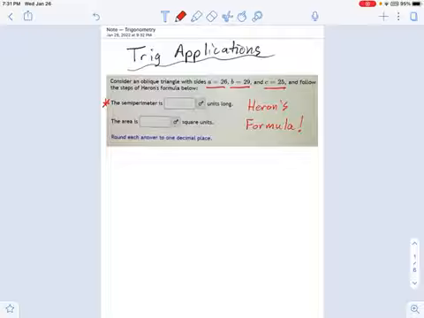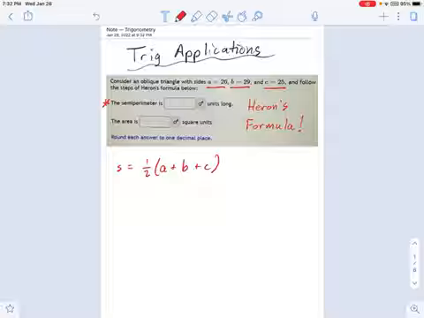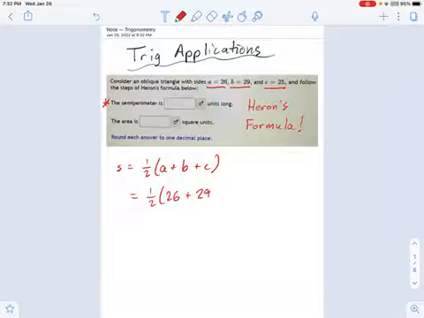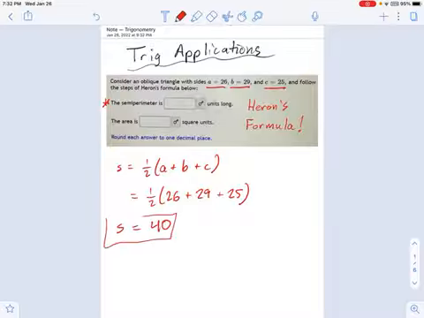And I'm going to give you a formula for the semi-perimeter here. It's simply 1/2 of the perimeter. So the perimeter is a plus b plus c. 1/2 of that is your semi-perimeter, right? It's like a semicircle. So let's just plug in the things we know. a is 26, b is 29, c is 25, and what do we get? I'm just going to pop this into my calculator real quick. 26 plus 29 plus 25 divided by 2 is 40. Okay, so s is 40 is the answer to the first part of this. This is 40 units long for the semi-perimeter. It says 1 decimal place, but that's a nice round number, so I don't need to say 40.0. I can just say 40.